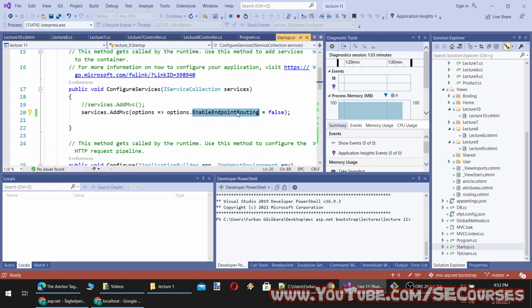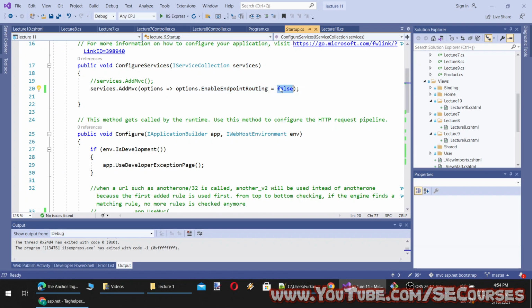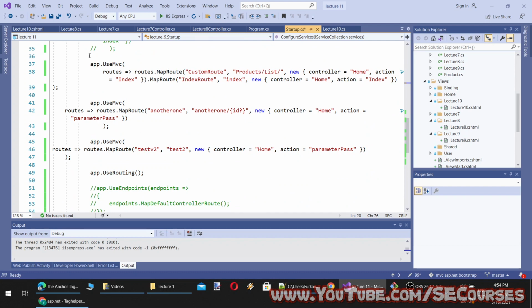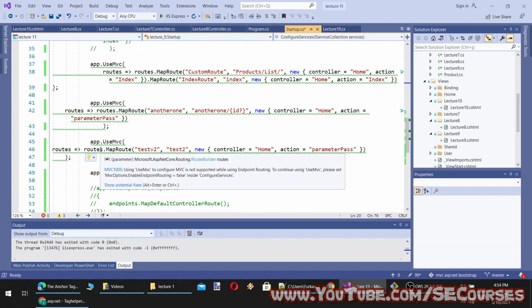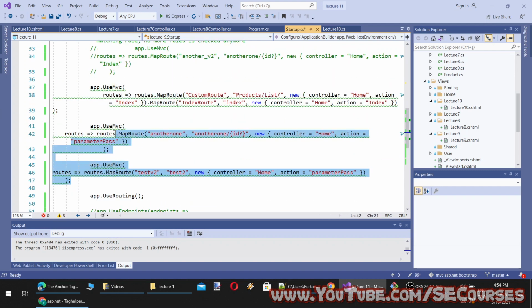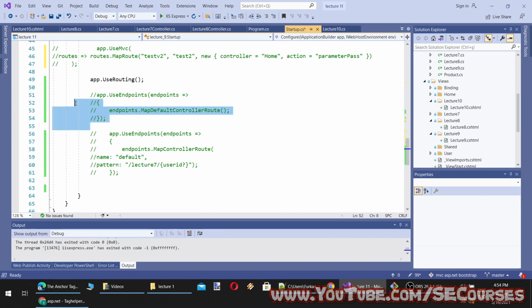So we have several options to fix this. First of all, we can make this true. However, if we make this true, then we can't use this routing. You see, it says that using UseMvc to configure MVC is not supported while using endpoint routing. To continue using UseMvc, please set MvcOptions.EnableEndpointRouting to false. Personally, I don't suggest you to use this method. This is not the proper way. Therefore, I am going to comment that out and enable